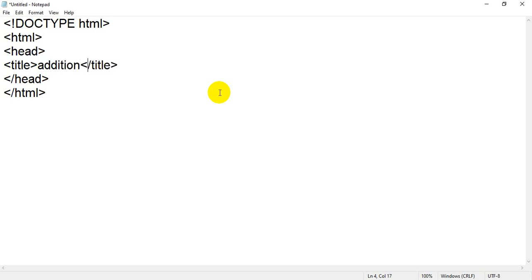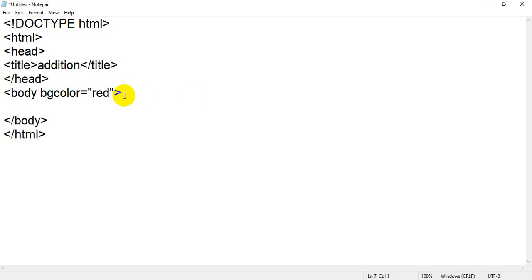Then after the head tag we have to write the body tag, and after that the closing body tag. Then I am going to assign an attribute like bgcolor equals red.